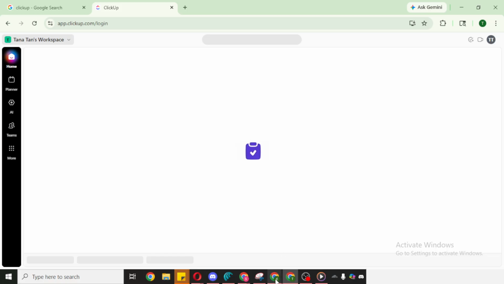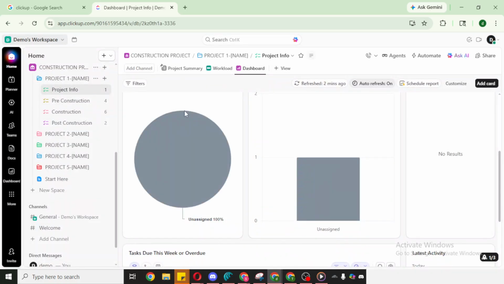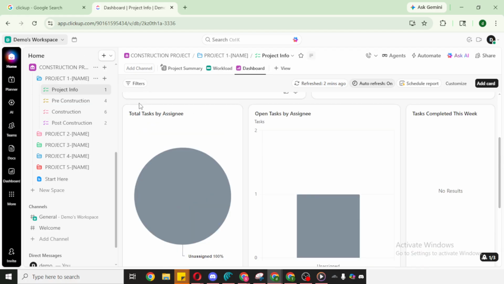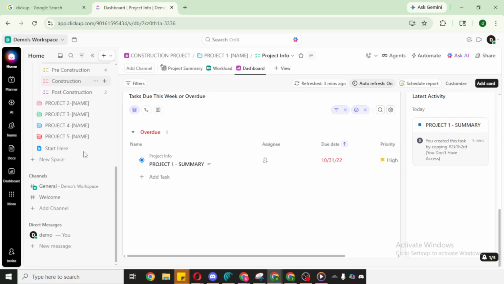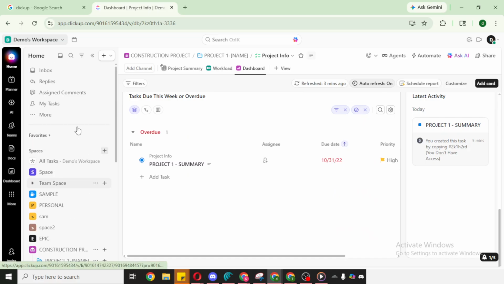Explore the main dashboard, notice the sidebar where you'll navigate between areas, and familiarize yourself with the workspace name at the top. Open the default space or any starter content provided to see how tasks and views are organized. Try clicking into a sample task to understand how descriptions, due dates, and assignees appear. If you ever feel unsure, hover over icons to see tooltips, and use the on-screen cues for guidance.